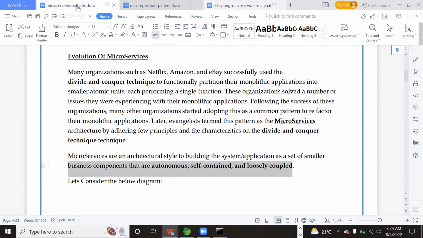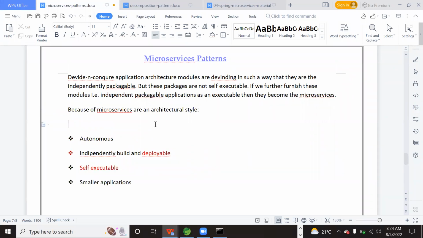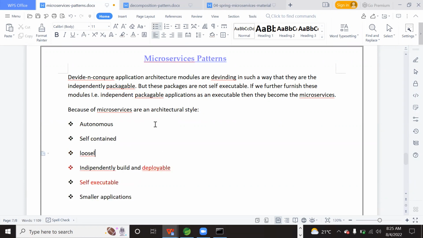I think these we also have to write. So microservices are an architectural style. We'll discuss this architectural style in our RESTful services discussion. So these are all an architectural style with autonomous, self-contained, loosely coupled, independently deployable, smaller applications, right?